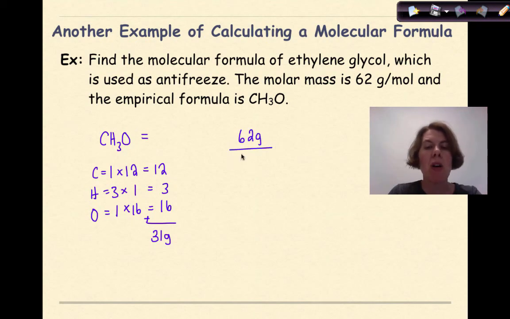Now what I want to do is take the molar mass, which is 62 grams, the larger number, and divide it by the smaller number that we just figured out for the empirical formula mass, so 31 grams. And when I do this, I find that the number is 2. So what I want to do now is rewrite my empirical formula, CH3O, recognizing that there's 1 carbon here and 1 oxygen here, and multiply all of those subscripts by 2. So my molecular formula here is going to be